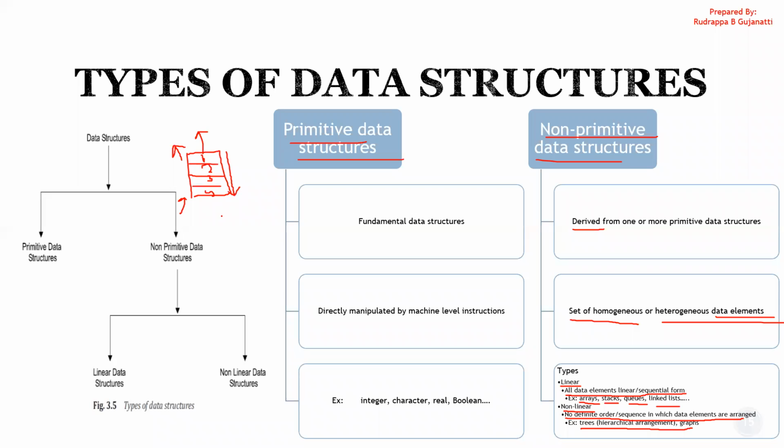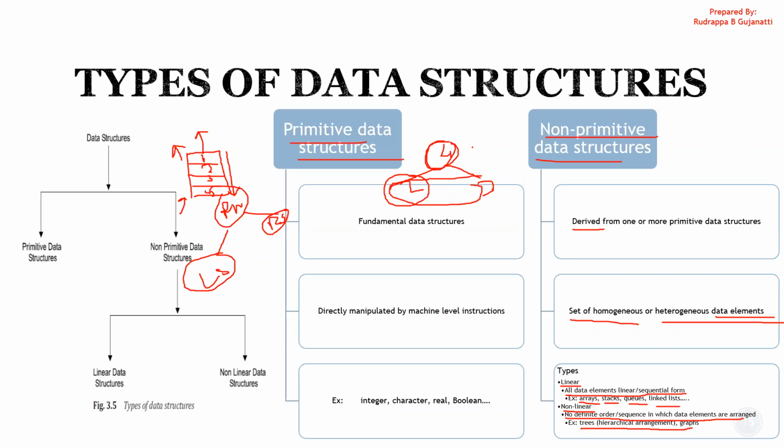But in trees, you will have something called a root node. For the root node, you will have a left subtree and a right subtree. And how this left subtree and right subtree are built is based on some conditions. In simple terms, say you have a number 4, which is a root node, and you have to add elements to this. Say there is a number 2 over here and 3 over here. Based on some condition, you will specify that the highest element might be present here, and out of these two, the lower one will be present on the left side and the other one on the right side.